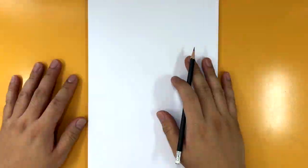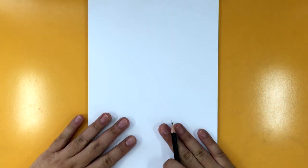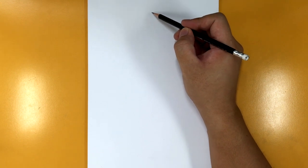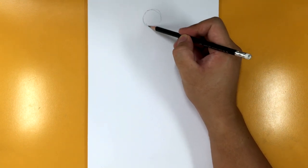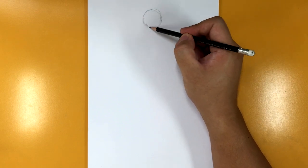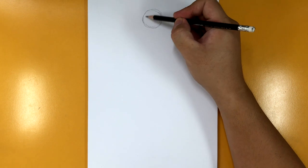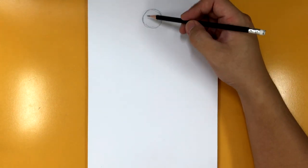Alright, you guys, let's go ahead and get started with our Jill Valentine tutorial. I've got my paper in portrait mode for this. We're going to be drawing her mid-thigh. We do have a lot to do. The first thing I'm going to do is draw a small circle at the top and the center, and that's going to be for her head. I'm going to draw it this small because we're drawing a lot of the body, so that's good right there. Okay, and then from there,